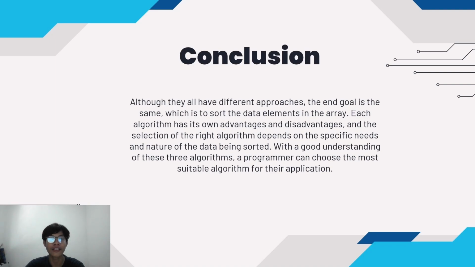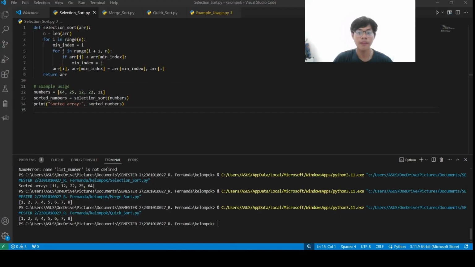Okay, now that you know the explanation of each sort, we would like to implement the code with you together. So we would like to show you the example code of selection sort. As you can see here, imagine you have a list of numbers: 64, 25, 12, 22, and 11. Now step 1 is to find the smallest number, 11, and move it to the front.